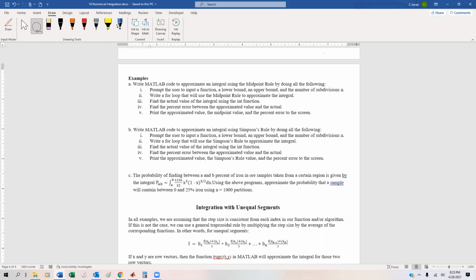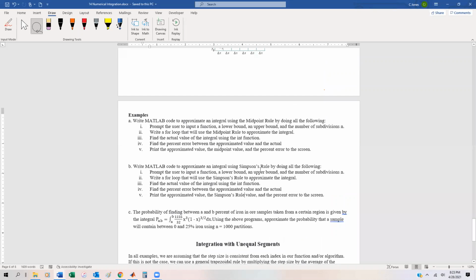We got to the point in the last video where we got to the midpoint rule. We've developed an algorithm in MATLAB, and then we were able to come pretty close to an approximation. So we're going to be able to do the exact same thing now with Simpson's Rule. And the trick with Simpson's Rule is that it's a little bit different than midpoint because now we